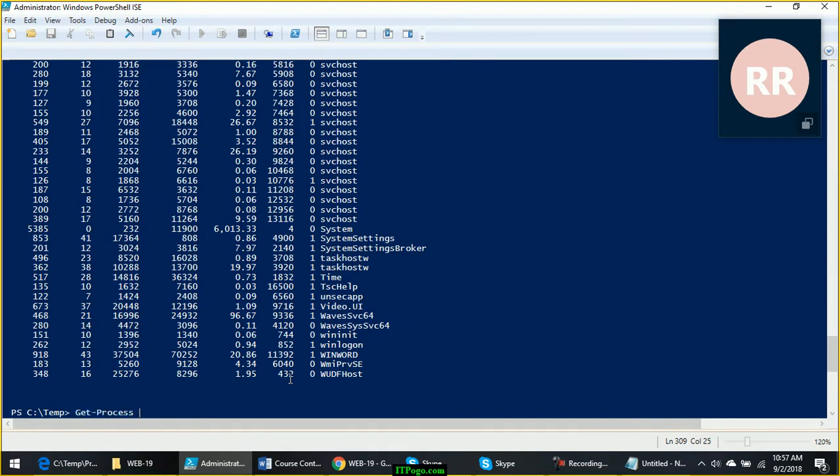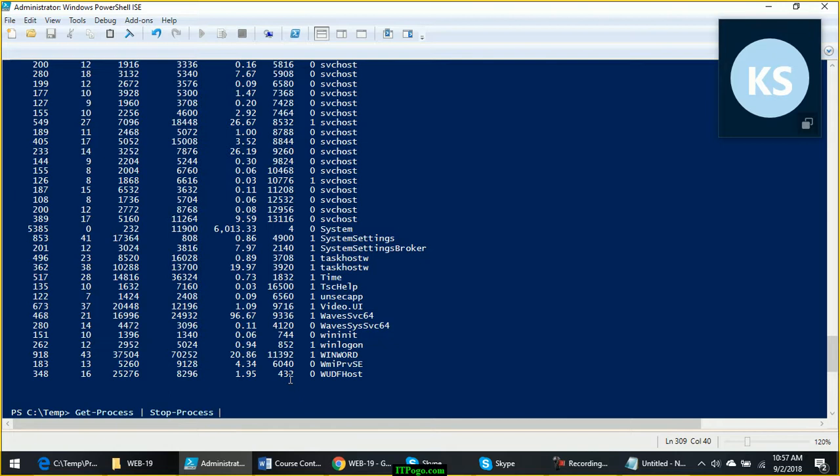What if I pipe it to stop hyphen process? What do you think will happen? Can anyone answer? Yeah, exactly. It will try to kill every single process running on this computer.